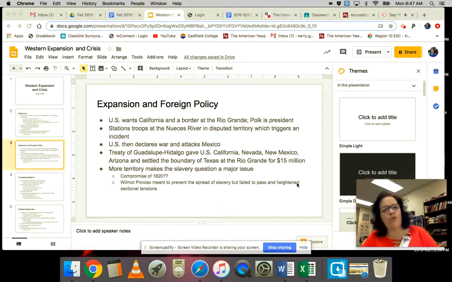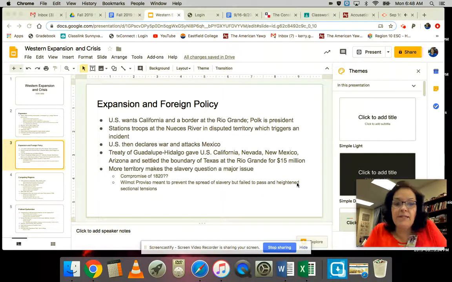And Polk is a big Manifest Destiny guy. He wants California. Of course, a lot of Americans wanted California at the time. I mean, California's beautiful. There's great agriculture, all this kind of stuff. And then in California, they have kind of a labor supply in the sense that they have some native populations that they can rely on to help develop the land. And so the U.S. really wants California. Polk offers to buy California from Mexico. Mexico says no.